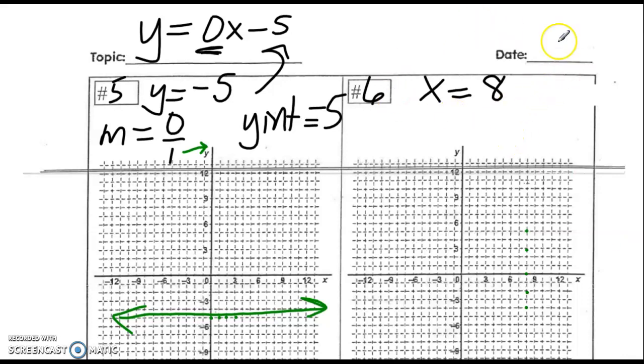When we have no y variable in our equation for a line, that means it doesn't cross the y-axis. It's only going to cross the x-axis, and it's going to cross at this point 8, that value, and then we just draw a vertical line through that. So the slope on this line would be undefined because it's a vertical line. It's undefined, which is different from a slope of 0. So let's go ahead and put that because